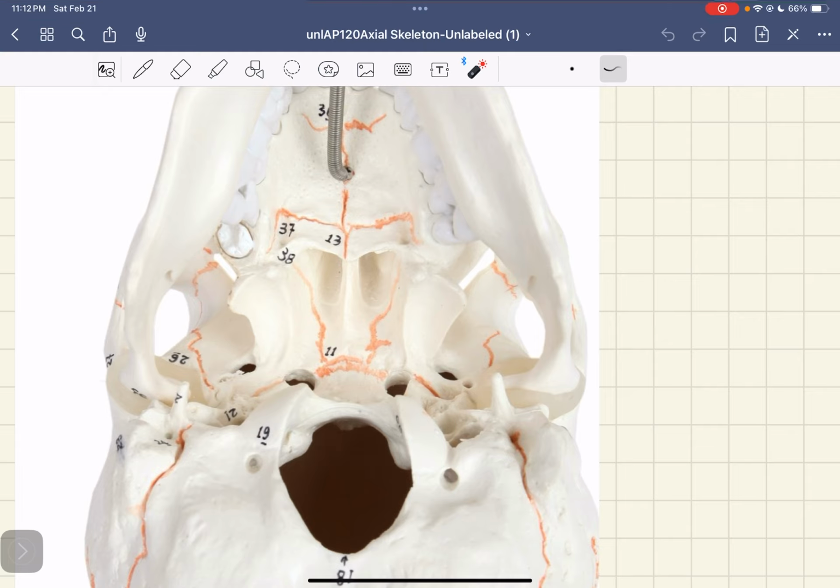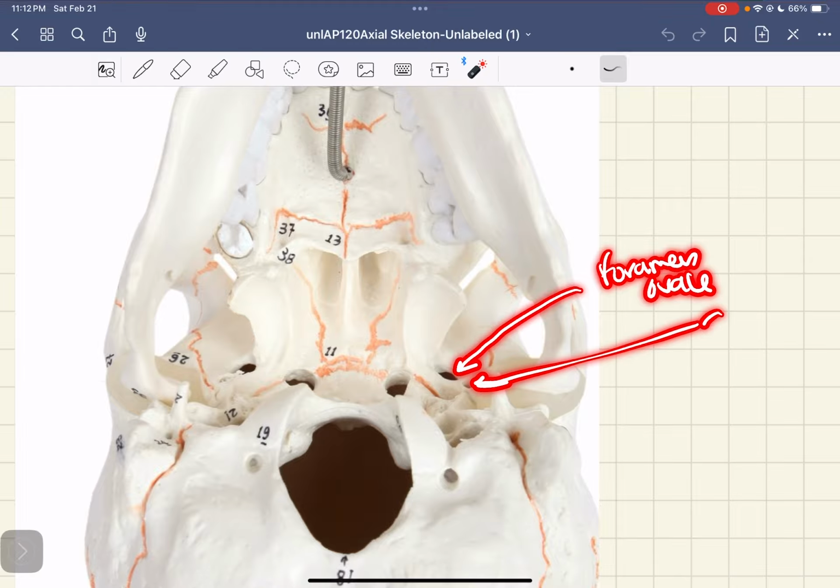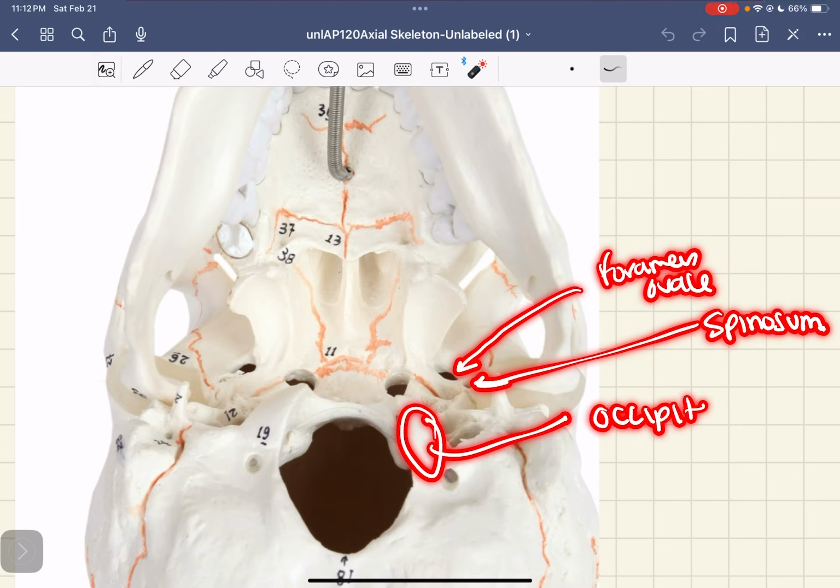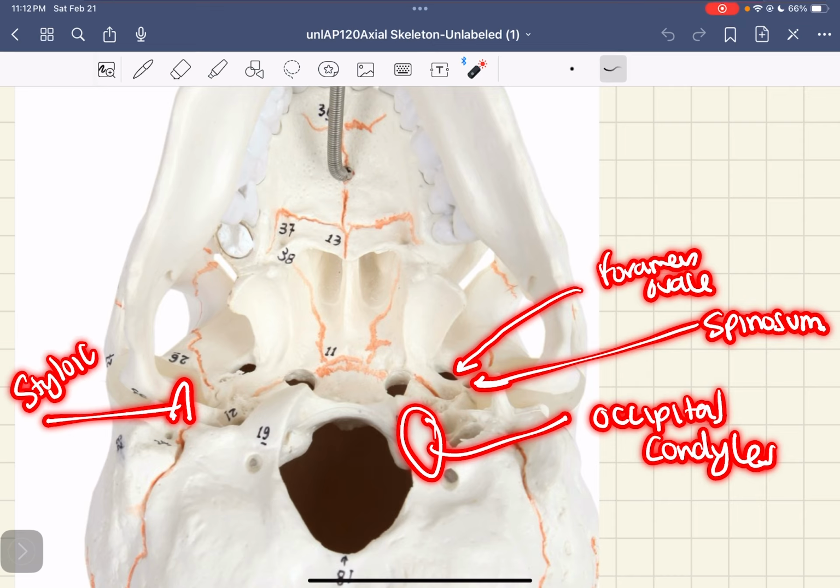And from this angle, we can also see foramen ovale, we can see foramen spinosum, so I'm just going to write spinosum for the sake of time. We can also see the occipital condyles,